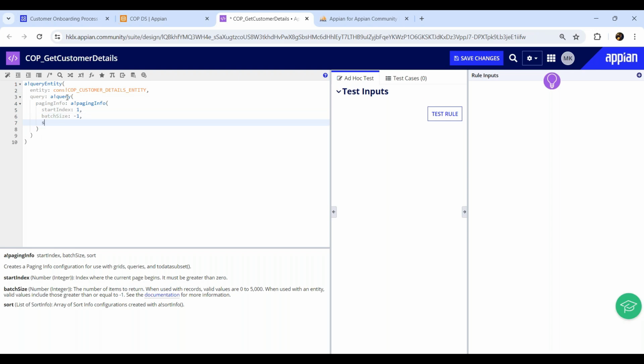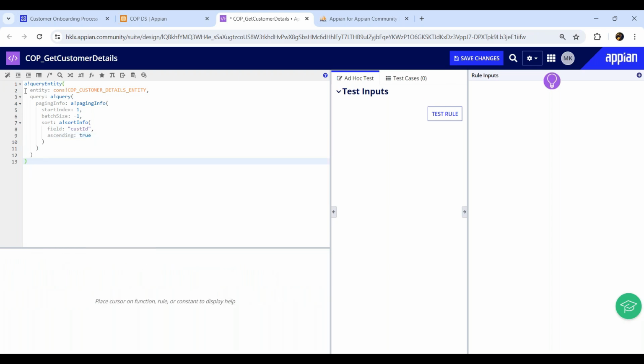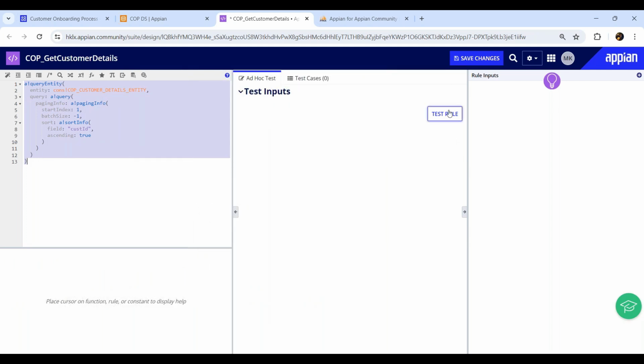And then we also have a sorting info. So I want to sort, a bank sort info, and field, I will say based on which field. I would like to have it based on the field customer ID, and then ascending true or false you can mention here. So this is a basic query rule which is required to fetch the data. Okay. So if I click on the test rule,